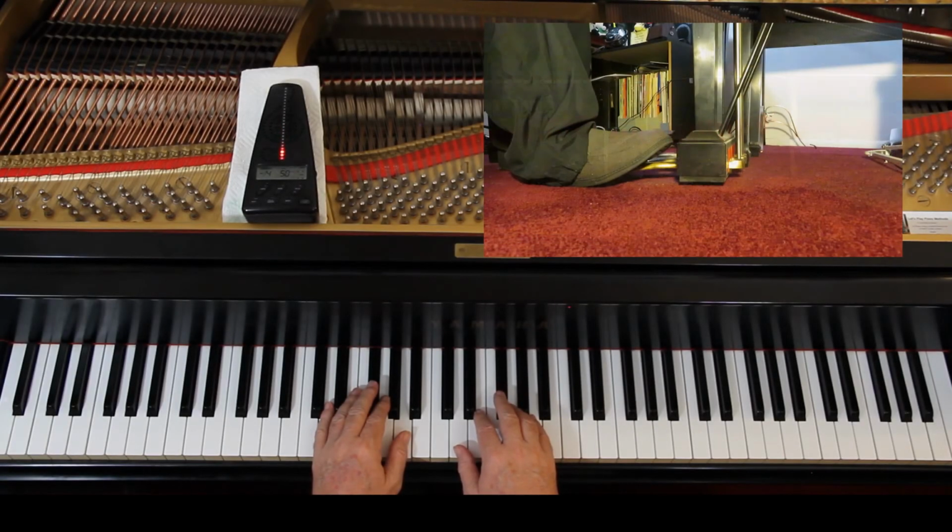In fact, let's do that now. I'll give us two counts because it's 2/4 time. I'm going to say ready and go, and 1 and 2 and, now let's play it together slowly. Ready and go and